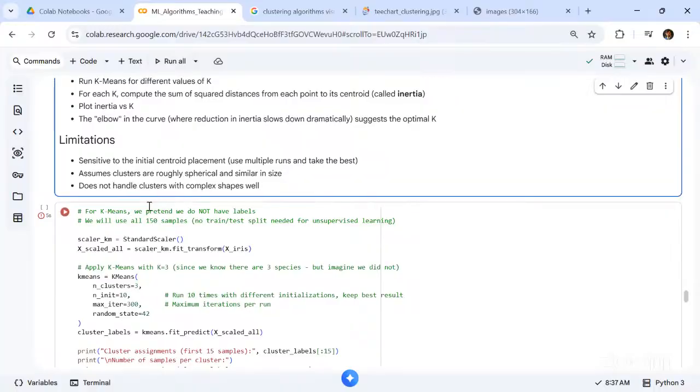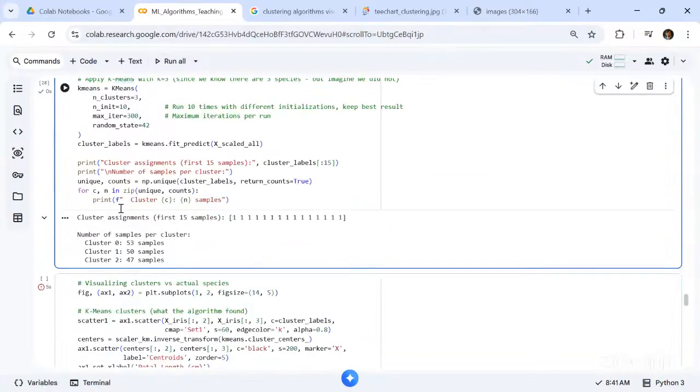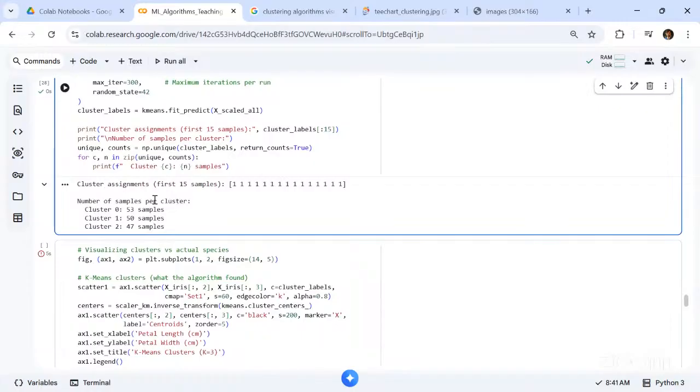Sensitive to initial centroids, these are the limitations. Does not handle clusters with complex shapes as well. Clusters are roughly spherical and similar in size. So ये इसकी assumptions हैं। और cluster alignment for fast samples,